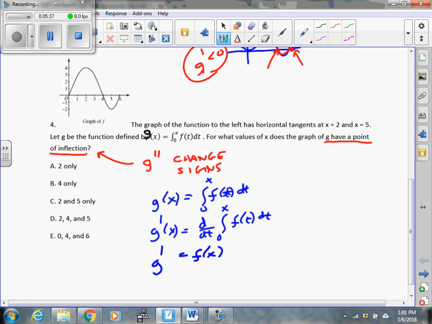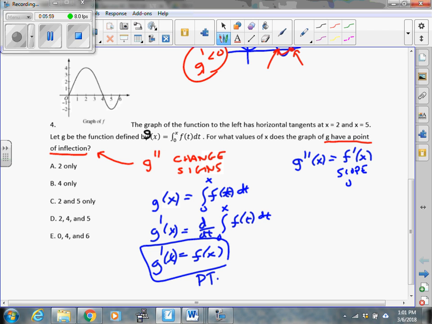So the derivative of g is just f. That means it's the point on the curve. But I don't want that. I need the double derivative. Well, if I took the derivative and got f, then the double derivative has to be the derivative of f. Well, f is a graph, so it must be the slope on f,